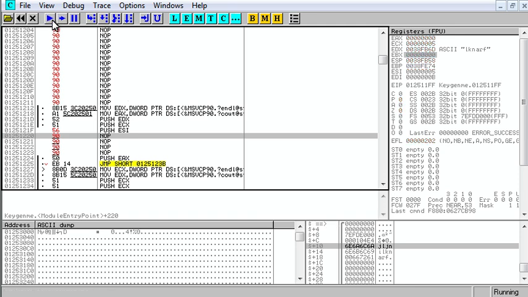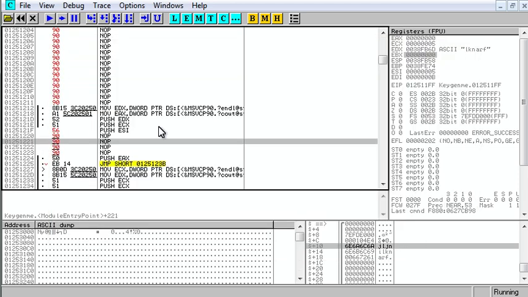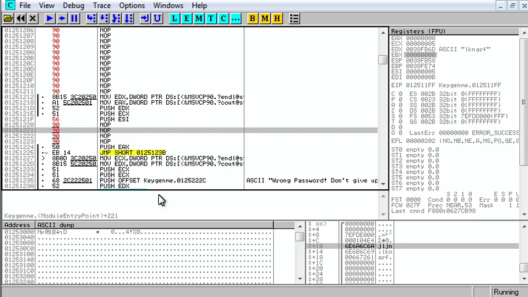Let's run the program. It runs, everything's fine. It says enter your password, JLJ Noknarf. This is where I finished my program, but we have to do a little more. So it says your password is. Okay, so let's